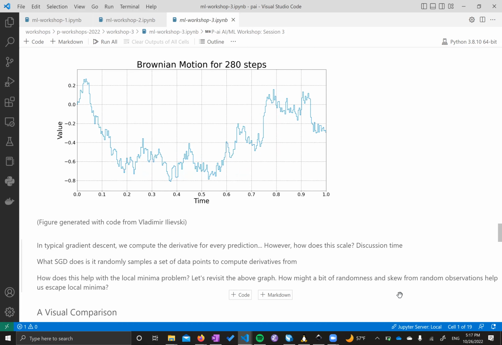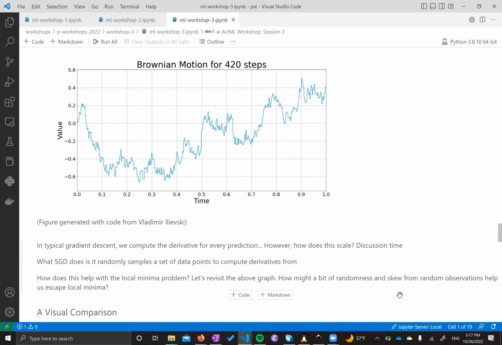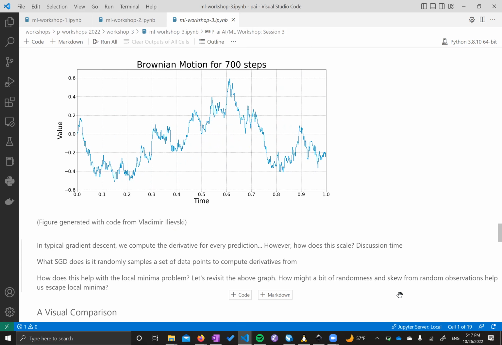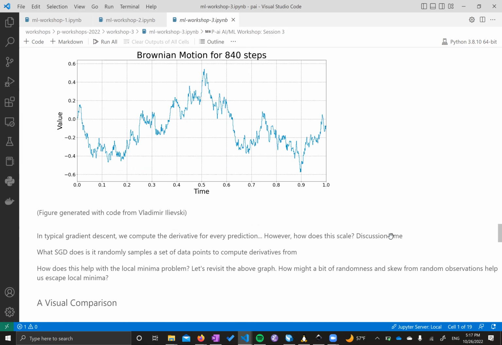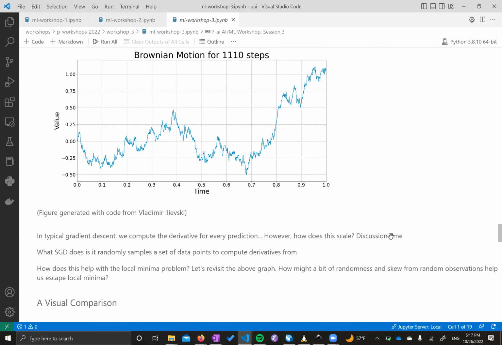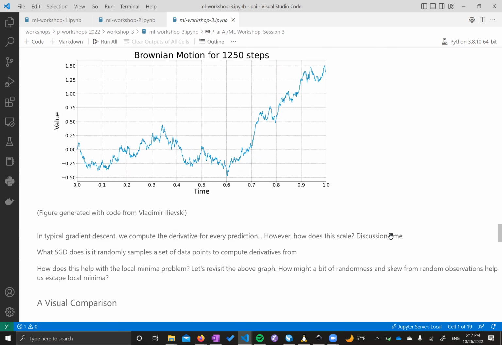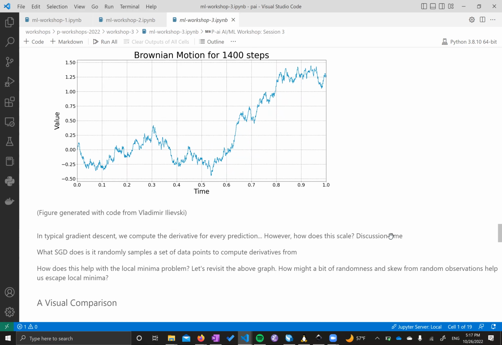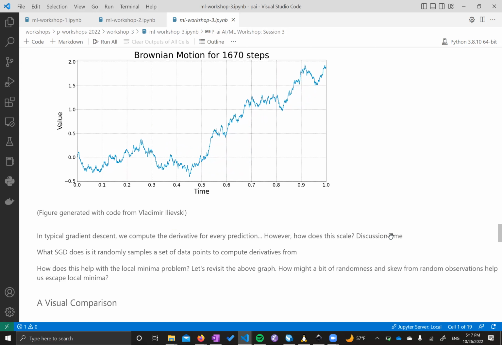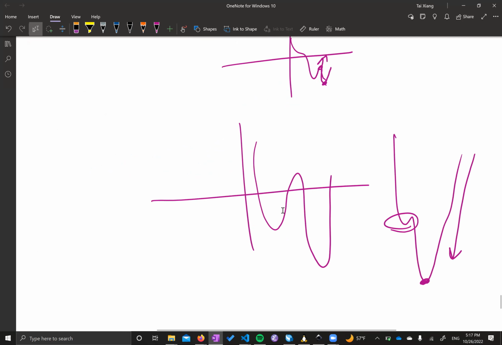If we're going to compute 10,000 derivatives for every single error step, we're just shooting ourselves in the foot. So those are two things that SGD helps out with. It helps us get unstuck from local minima, and it also allows us to save a little bit of computation time, because what SGD is basically doing is, instead of looking at error from all of the data points,